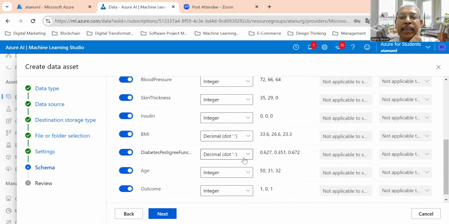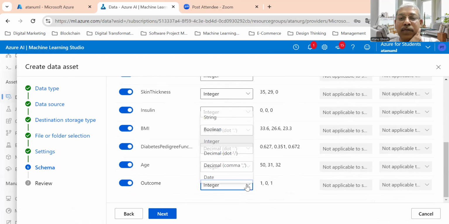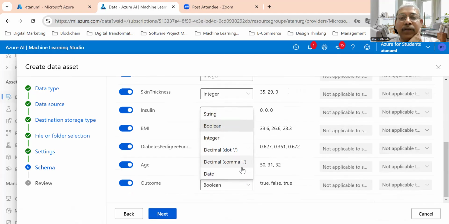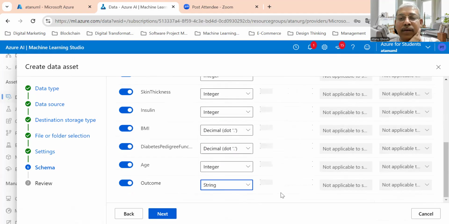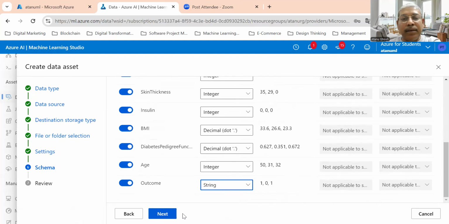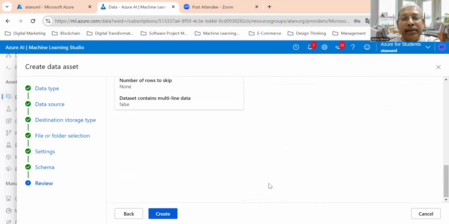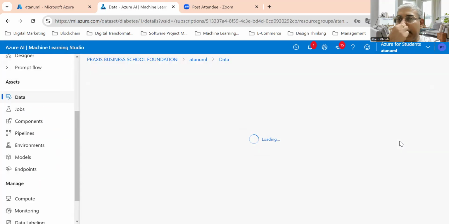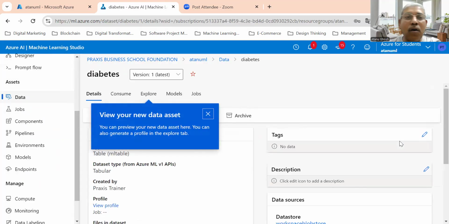Most of the data types, I think, are right, except the outcome, which is not actually an integer, it's a Boolean condition. That means 0 or 1, or maybe we can just say string, because we have not defined what is 0 or 1. So we'll just say the outcome is a string. It is not a numeric field. Apart from that, everything else, we will leave as it is. And it will create the data